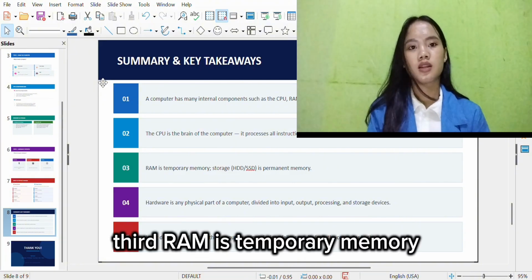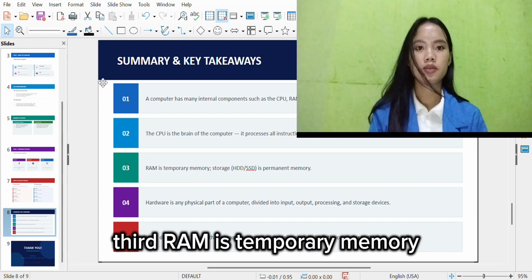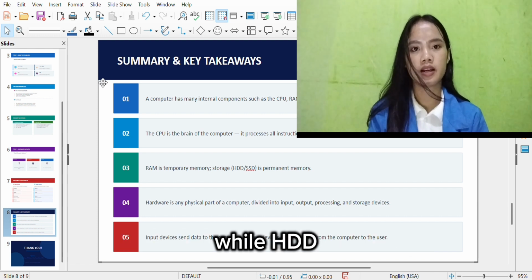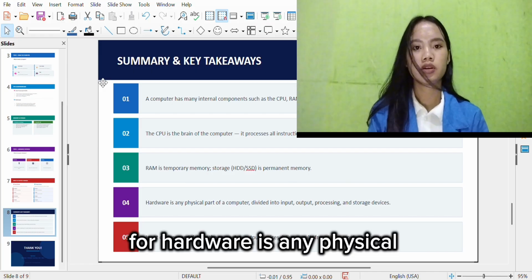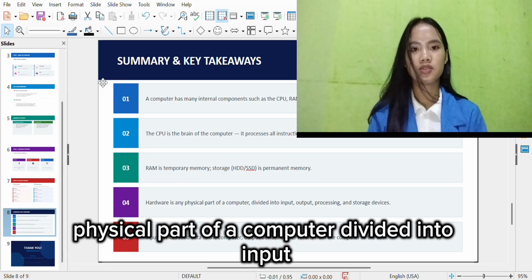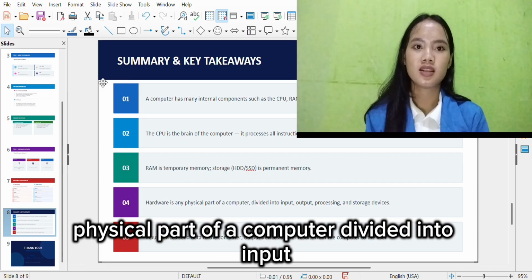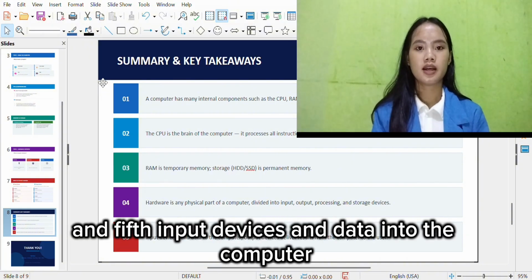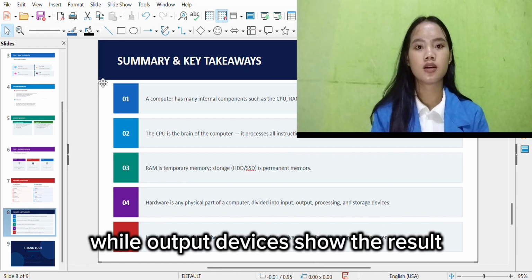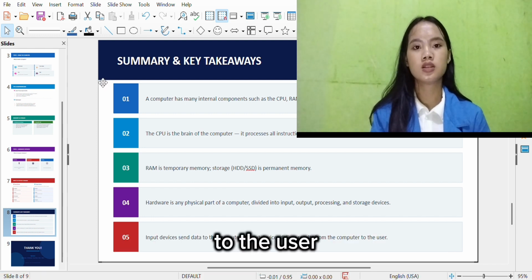Third, RAM is temporary memory, while HDD and SSD are permanent storage. Fourth, hardware is any physical part of a computer, divided into input, output, and processing devices. And fifth, input devices send data into the computer, while output devices show the result to the user.